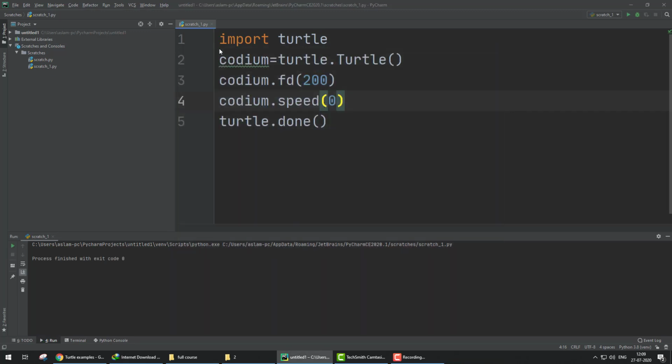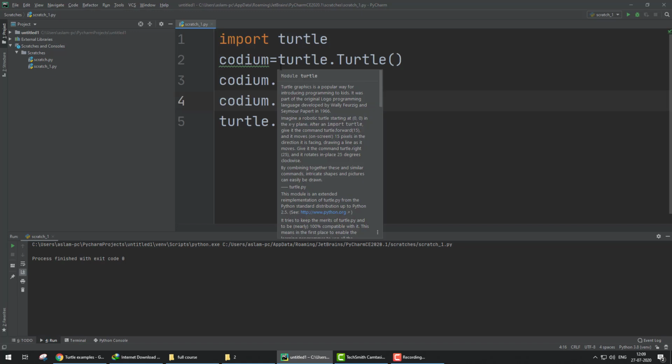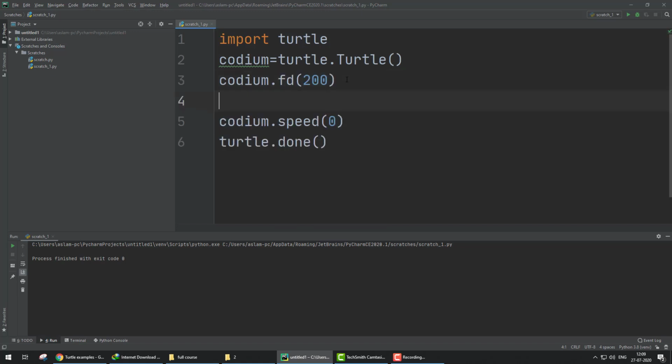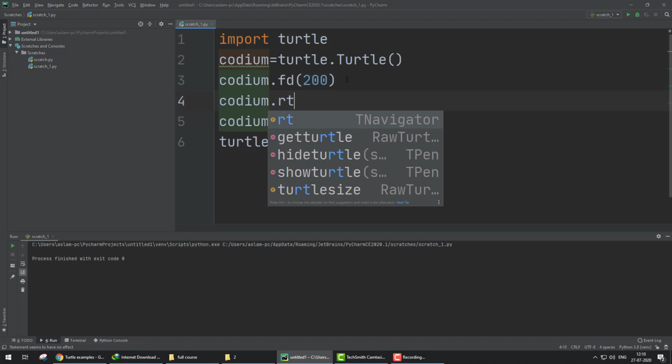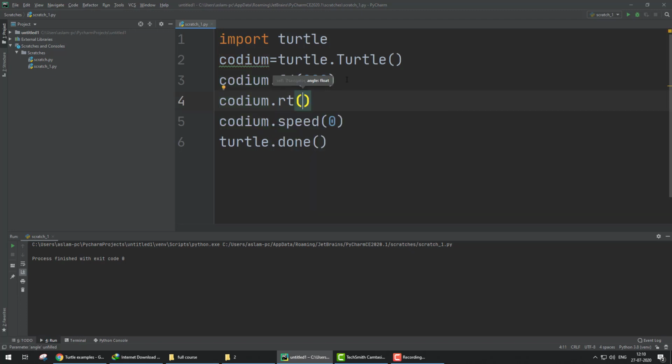So this is the turtle, very basic. If you click here and put Codium dot right, RT, or you can write right, and 90 degrees. Now you can run.